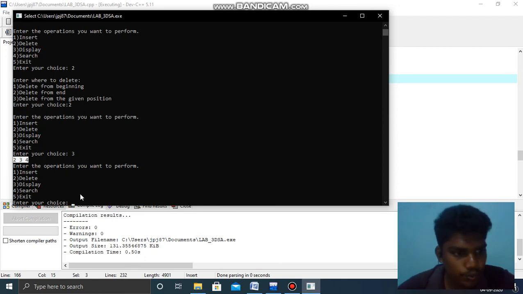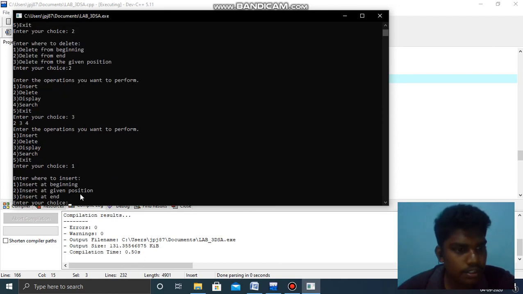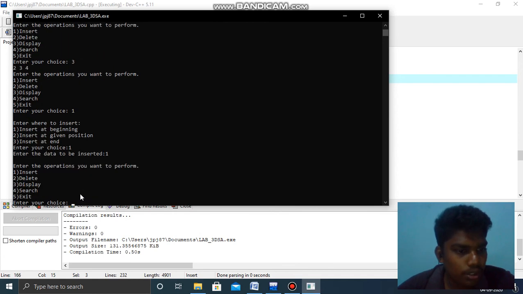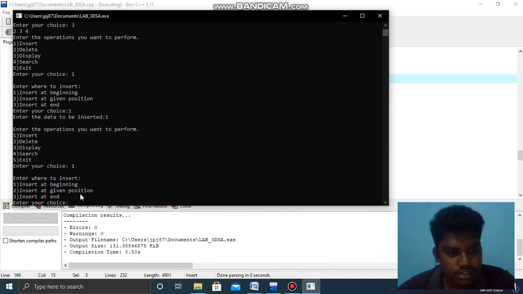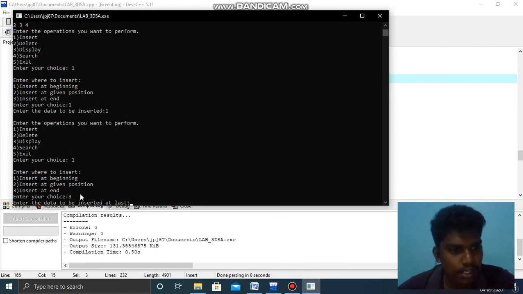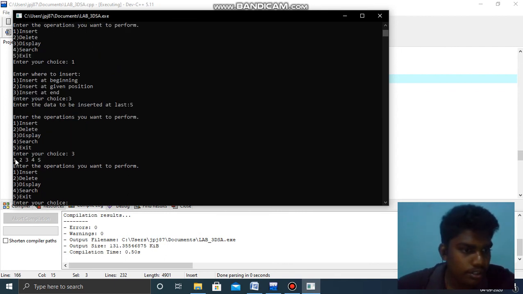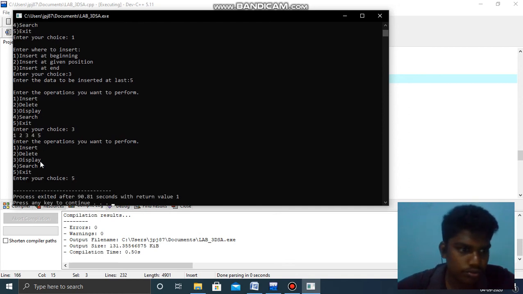Now I give insert at beginning, I enter 1, and insert at the end, the value is 5. Now I display the code, it returns 1 2 3 4 5. Now I exit this code.